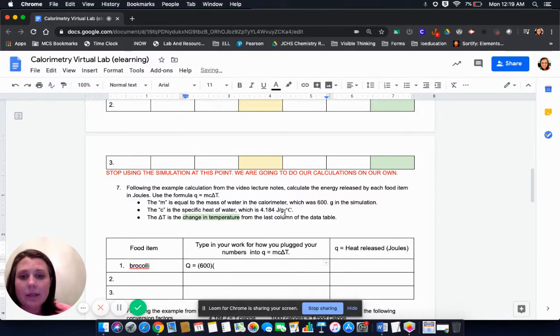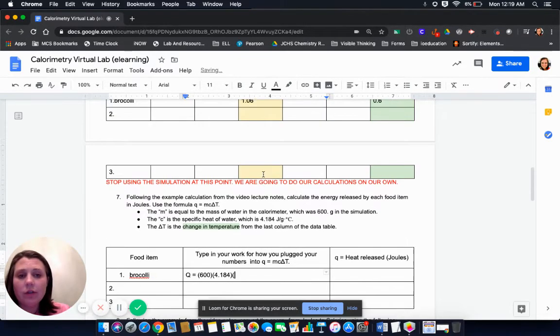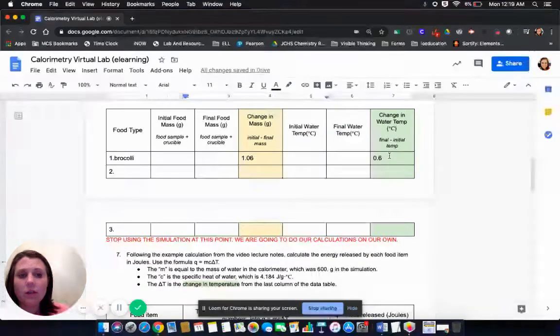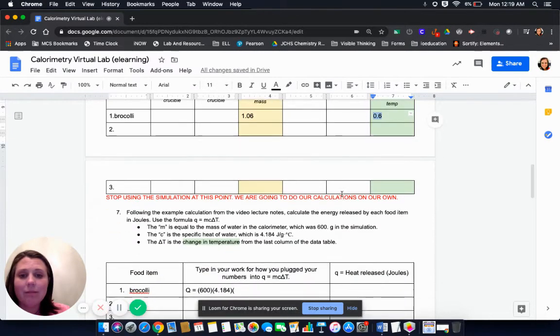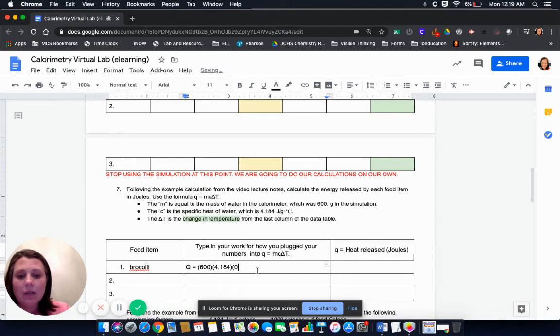My C, specific heat, tells me it's 4.184. And then my change in temperature, I'm going to get from my chart. So that's right here, 0.6. Not a whole lot, but that's okay. 0.6. Now when I plug that in my calculator,